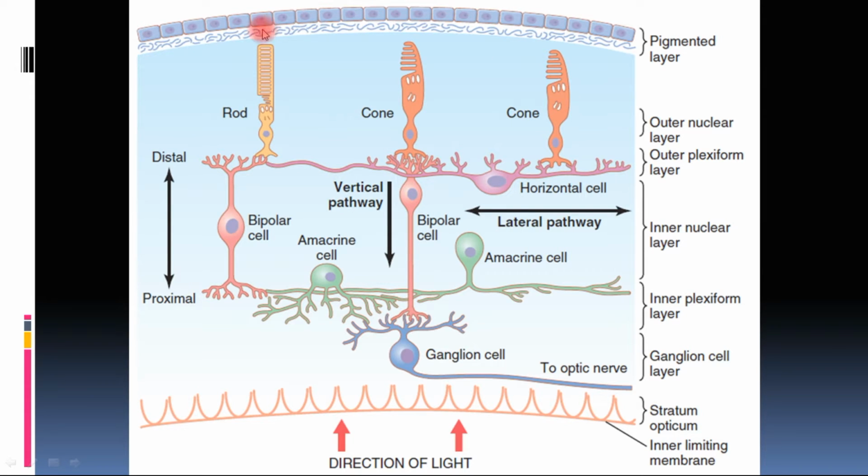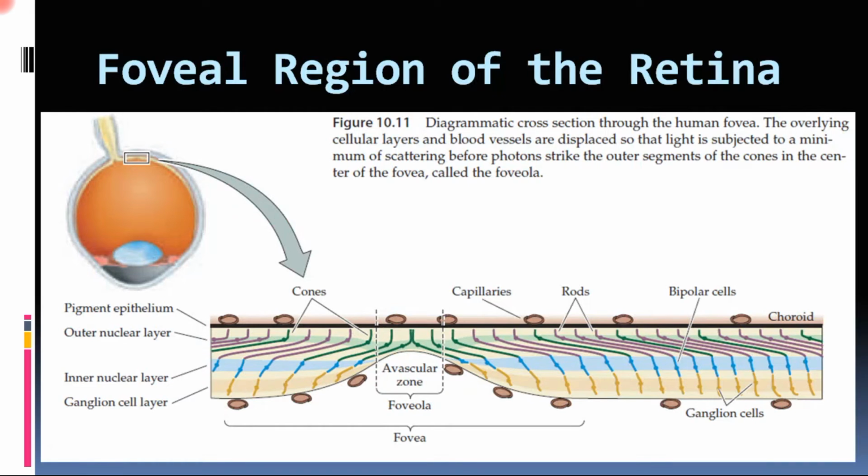So as you can see, when the light is falling, the main receptors of the light are rods and cones. The light which is coming to the rods and cones passes through these many layers first, and then it comes to the rods and cones. So in this case the visual acuity will be less, but there is an important region present in the retina, called the fovea. The importance of the fovea is visual acuity. The detailed vision is very high in the foveal region.